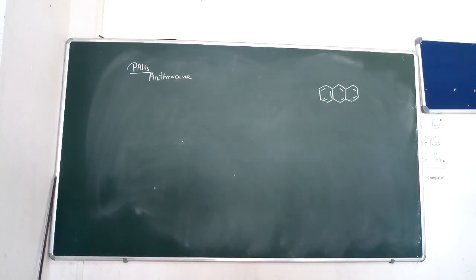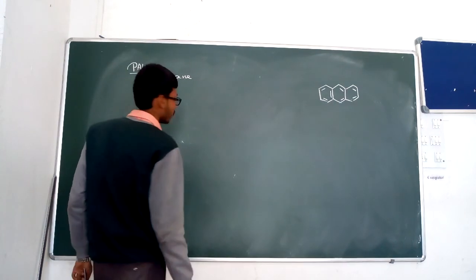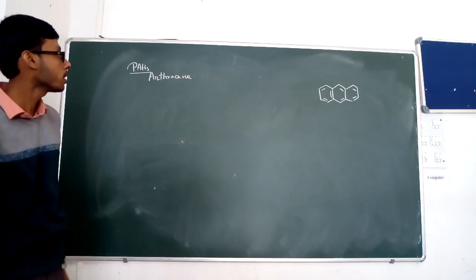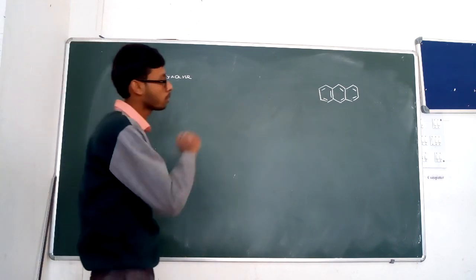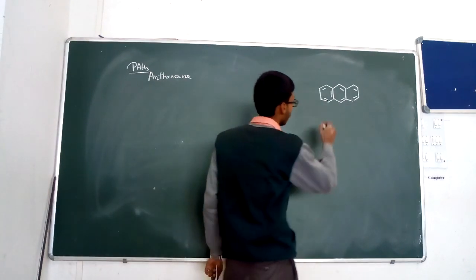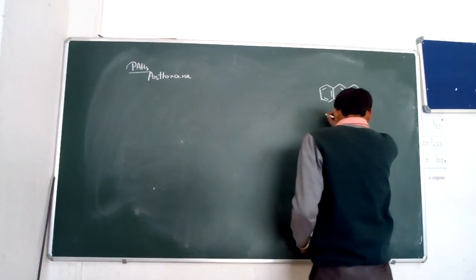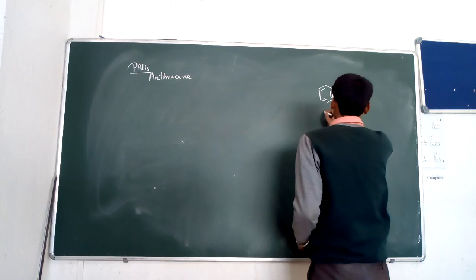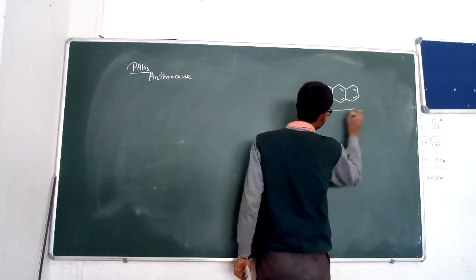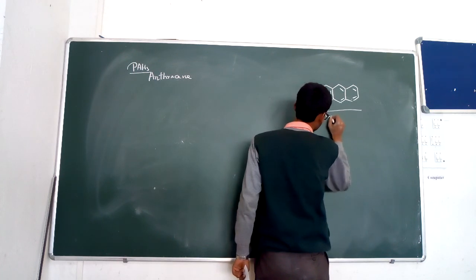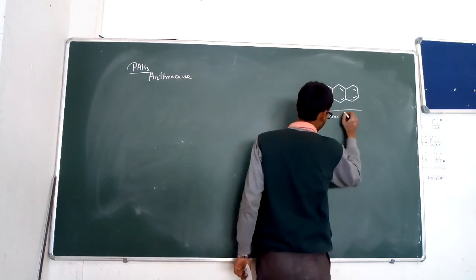Now I am going to start another polynuclear aromatic hydrocarbon, that is anthracene. As we see the structure of anthracene, it is a linear polynuclear aromatic hydrocarbon composed of three benzene rings, and the three benzene rings are fused to form anthracene.